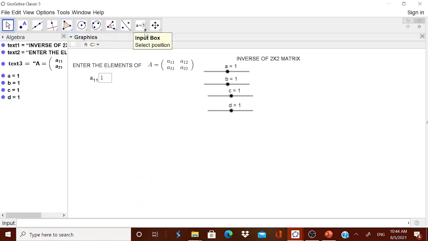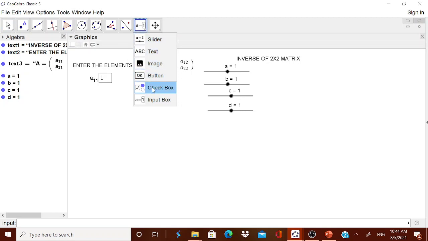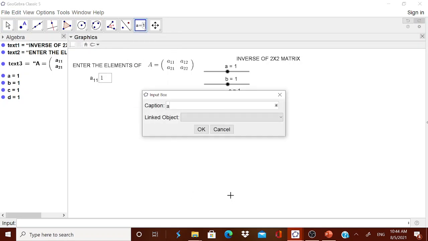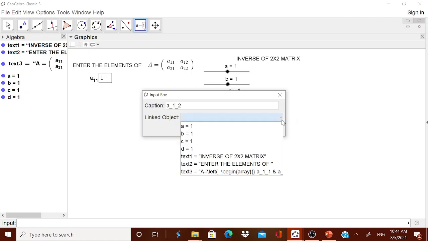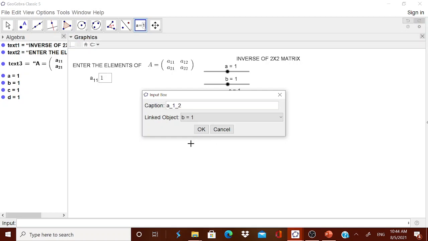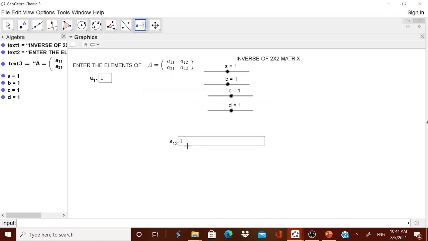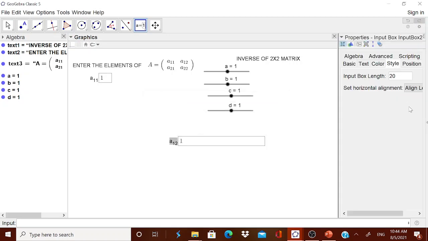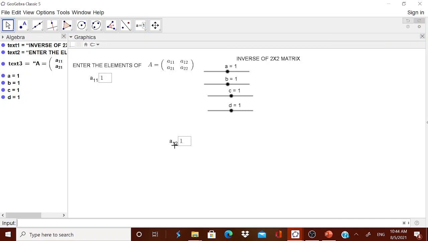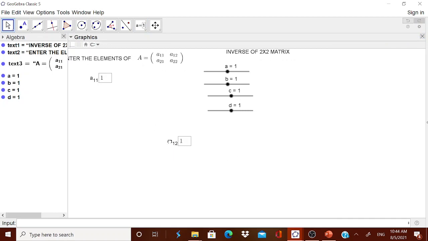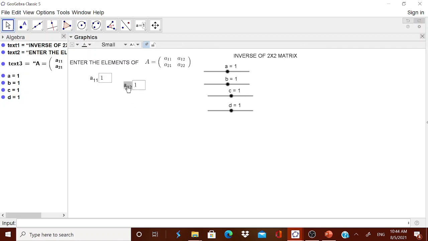Now similarly, you can ask the children to enter the values. Go for the input box, A under first row and second column. Now we want it to be B. Therefore B. Therefore object properties. You go for 3, press enter and then close this. Right click, fix the object, remove it, and then escape, and then bring it over here.